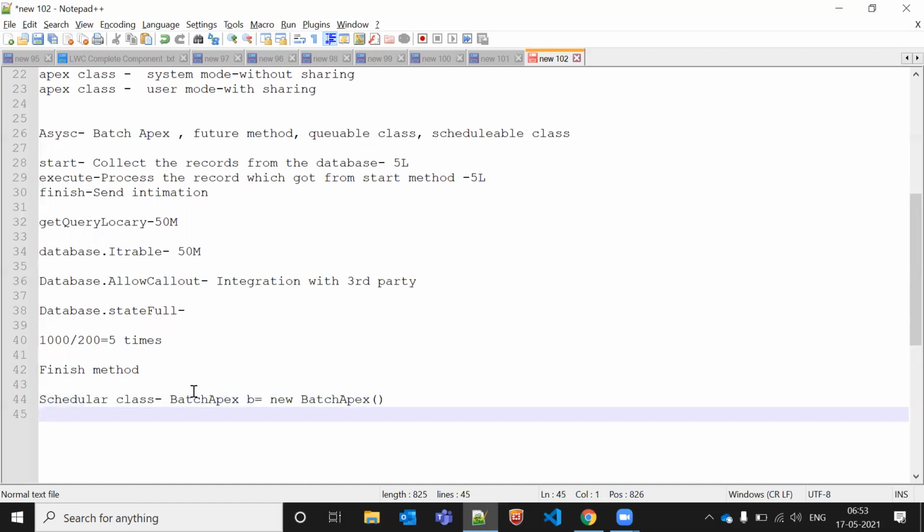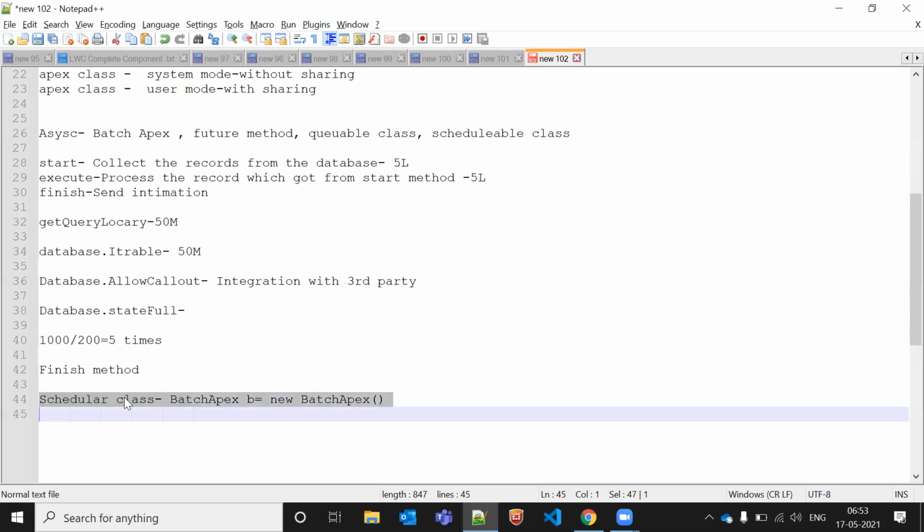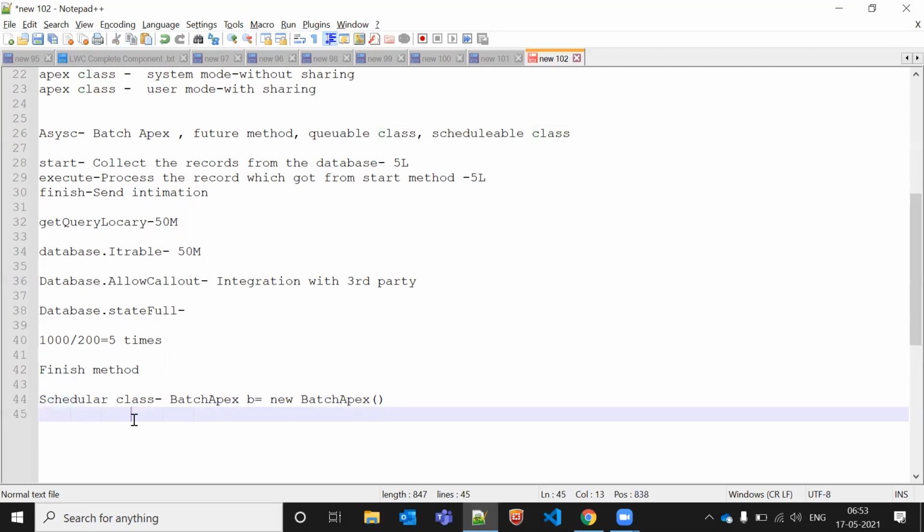And will the scheduler class be written in production or sandbox? The scheduler can run anywhere, no? So in production also we can run it, no? Immediate execution we cannot run there, but a scheduler we can. The immediate developer console logic will not work there, but this will work because we cannot write code in production. But here we are not writing code, we are scheduling actually. Scheduling creates a date and runs a different thing.